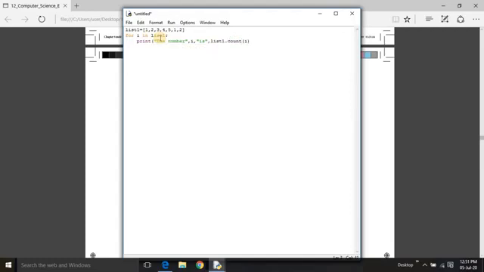This count function, which we have studied in the previous lessons, counts how many times a particular element is present in the list. The number 1 is 5 times present.